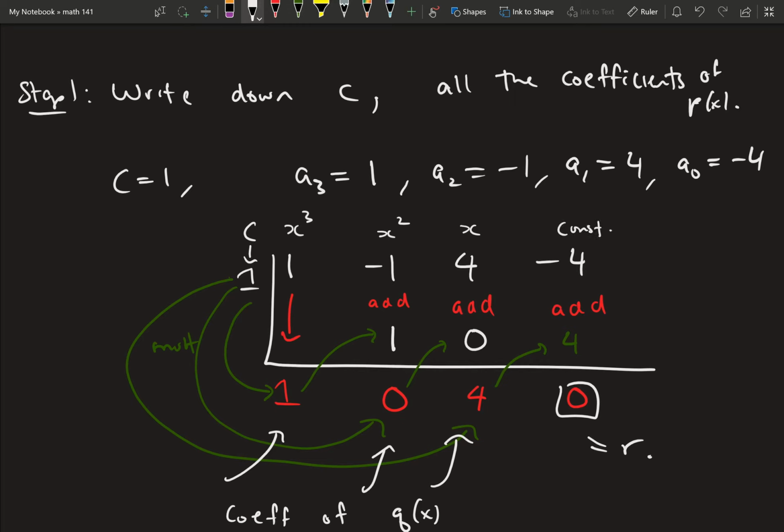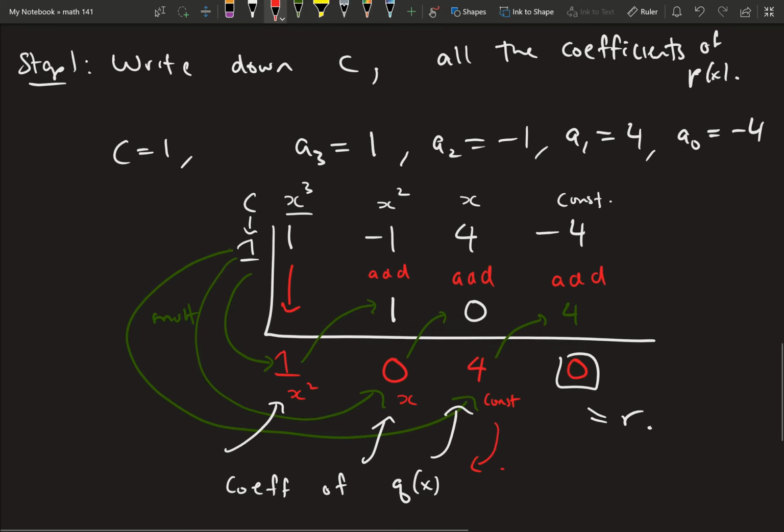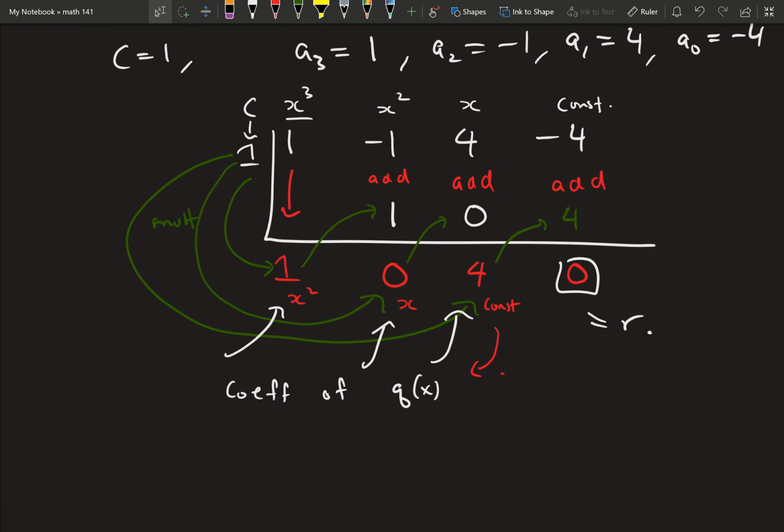Well, the numbers below correspond to degrees 1 less than the one above it. So for example, in this case, the 1 corresponds to x squared. The 0 corresponds to the x term. The 4 is the constant term of the polynomial q of x. So we have then that q of x